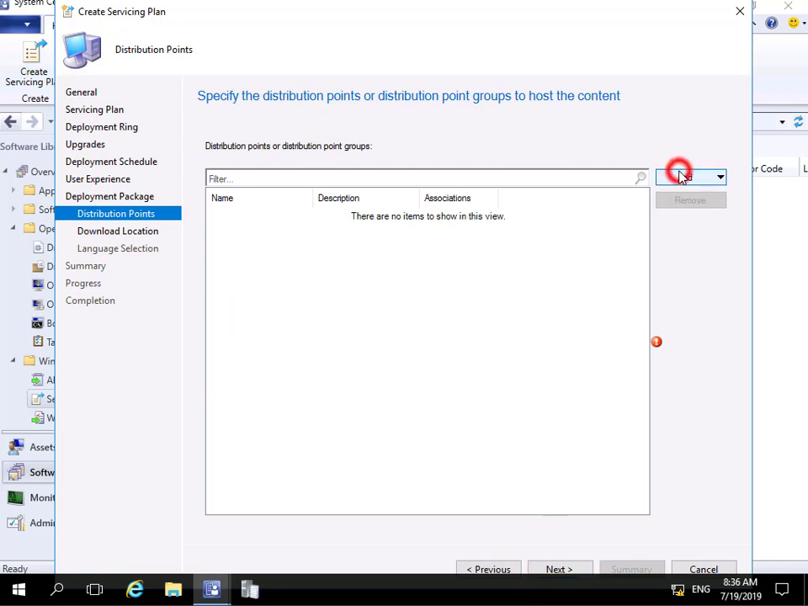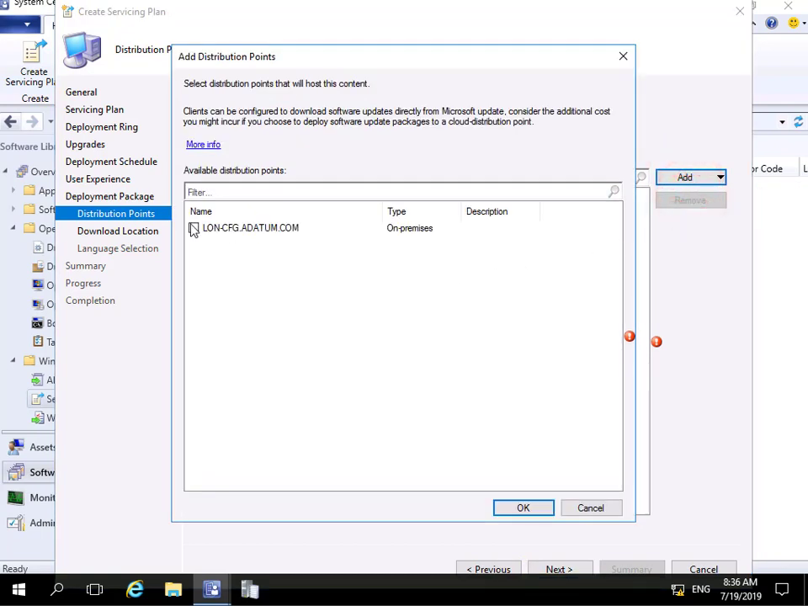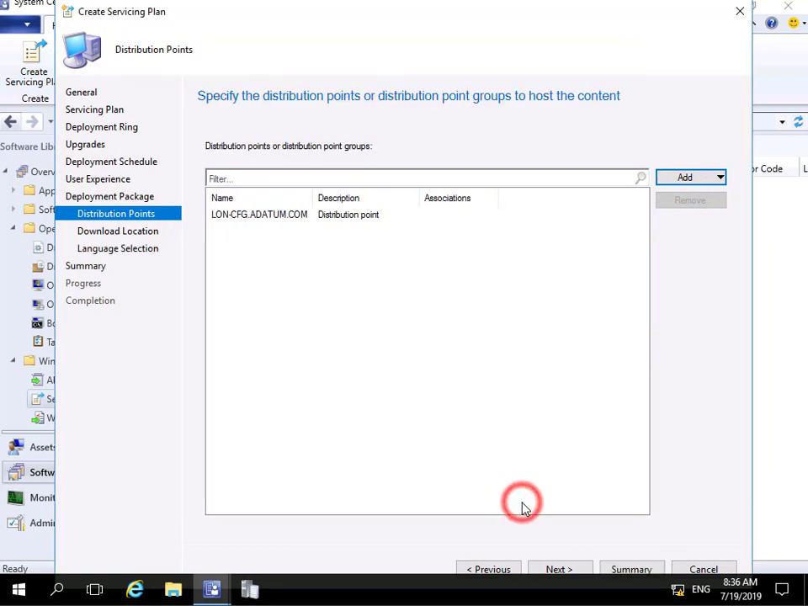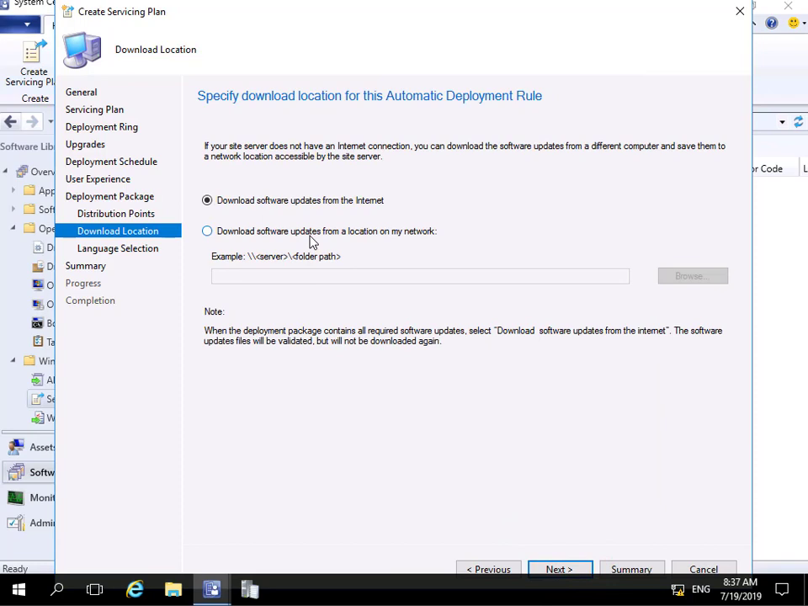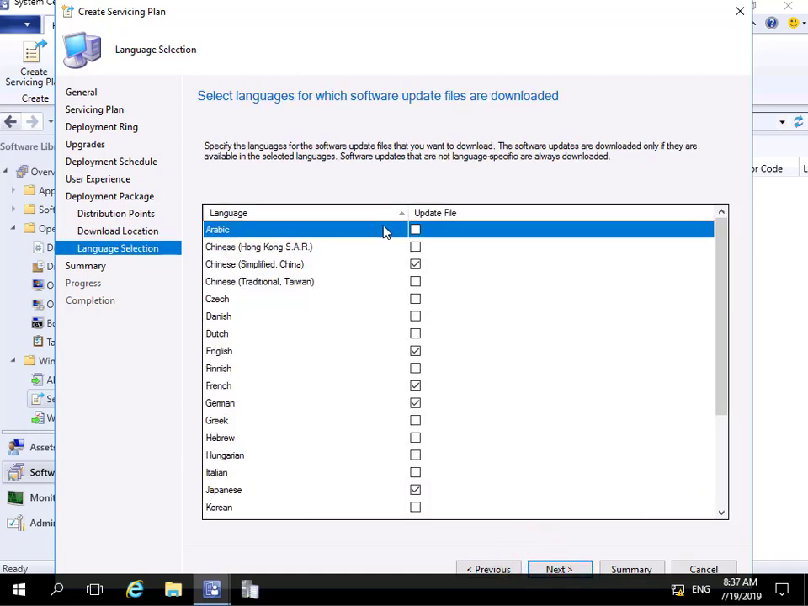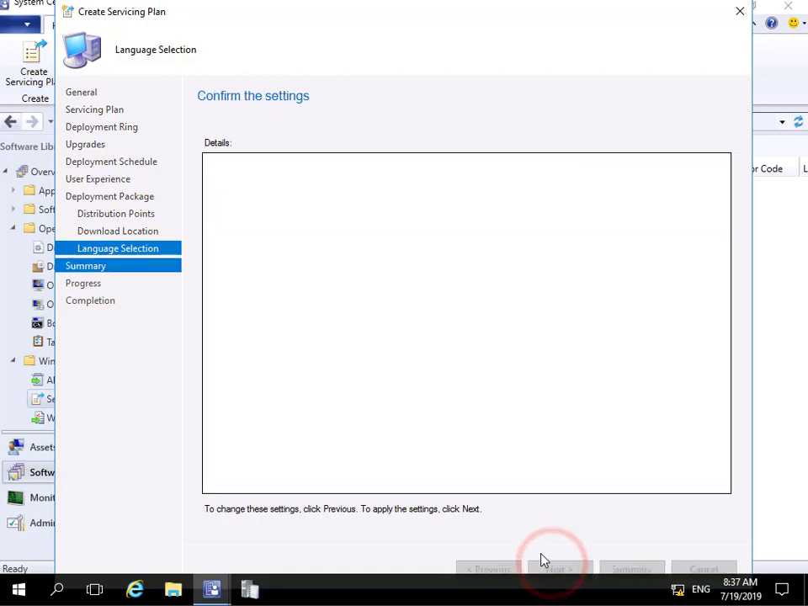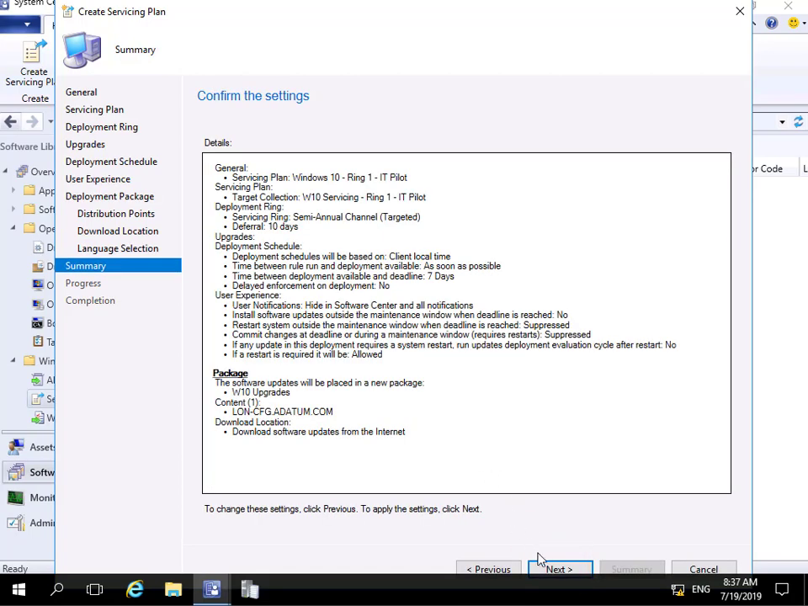Distribution point, we'll add in our distribution point, which in my case is lon-cfg, and select OK. In the case of the download location, happy with the download location, so at this point here we will be downloading our software updates from the internet, and select Next. What we're going to do at this point here is specify just English, and then select our Next button again, read through our summary, happy with the summary, select Next,